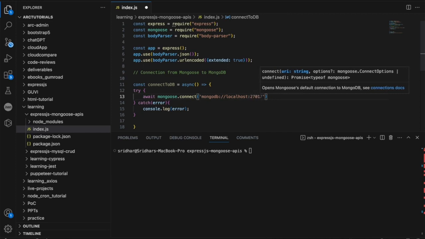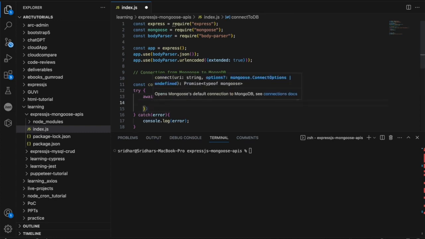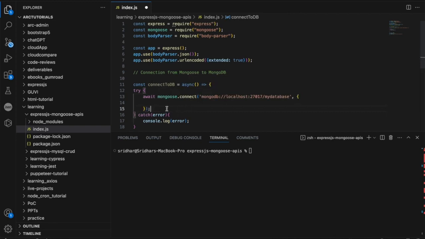The port is 27017 by default, and every MongoDB database installation comes with a built-in default database called my database. Okay, so we are going to use that for our learning, and you can create your own also, but for now we'll just keep it simple. And here we are going to write use